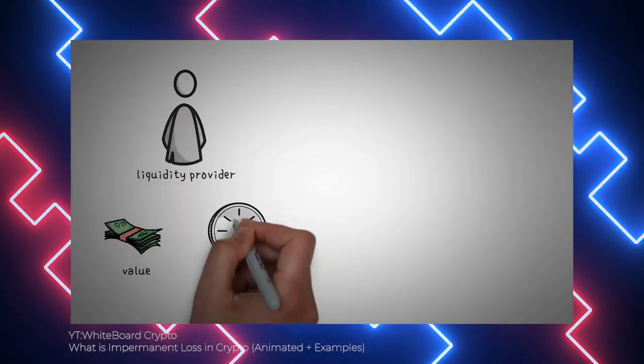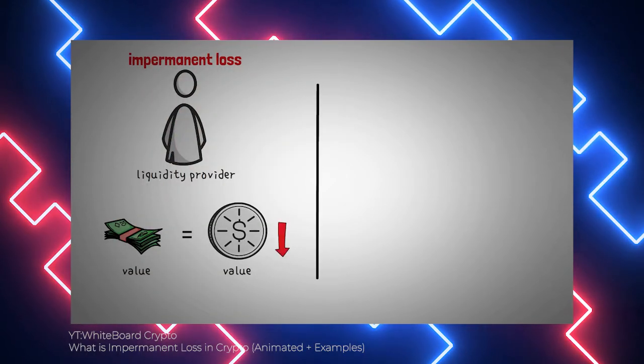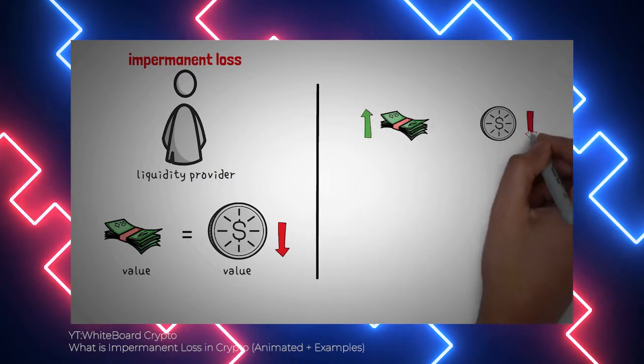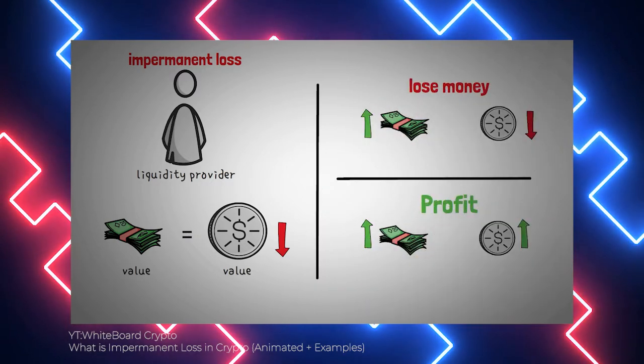So how to avoid impermanent loss as a liquidity provider? In some cases of liquidity mining, if the market is volatile, an impermanent loss is inevitable since prices are bound to fluctuate. However, you can take some steps to make sure you avoid impermanent loss, or at least don't suffer a heavier blow when prices move.